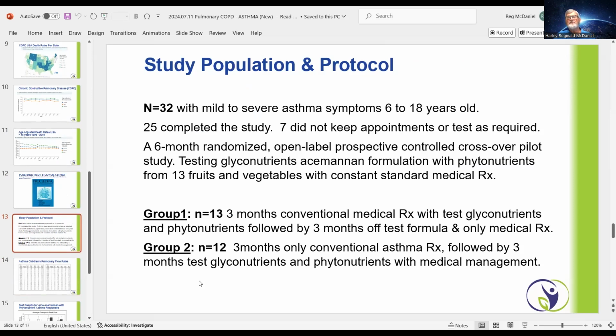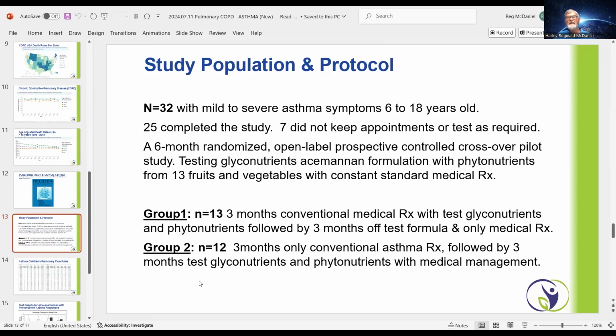And so she gathered 32 mild to severe asthma children from 16 to 18 years of age. And of course, if they're over 18, they're not in the pediatric department. 25 of them completed this study, and 7 didn't keep their appointments or do the test as required. And this was a 6-month randomized, open label, prospective control crossover pilot study testing the glyconutrients or the active acemannan